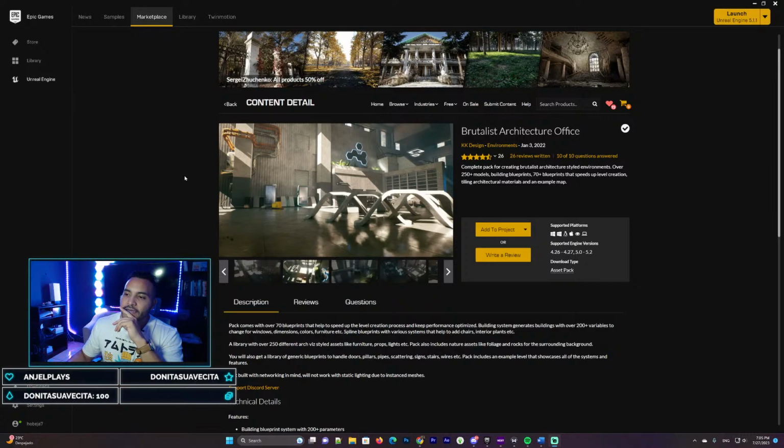And we're gonna use today something from the marketplace, a project from the marketplace. We can use this one, but I'm not sure if this one is free though. This one is the Brutalist Architecture Office. We can use this one, or we can use the Modern House. The Modern House, I'm pretty sure that one is free and is from the Twinmotion content in Unreal Engine that